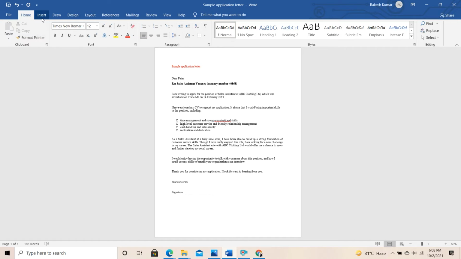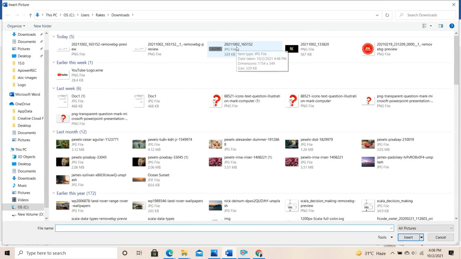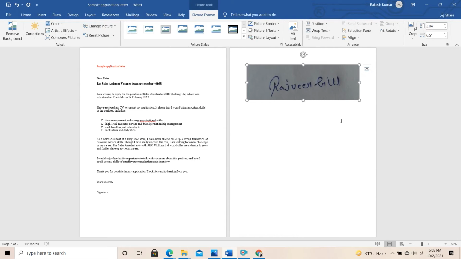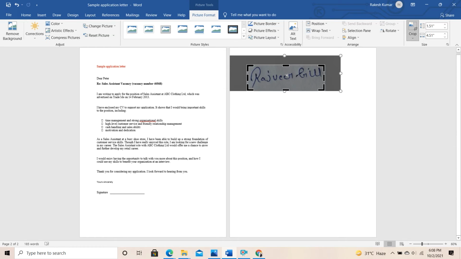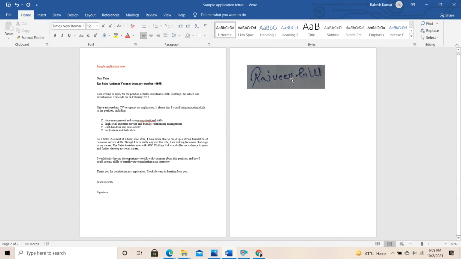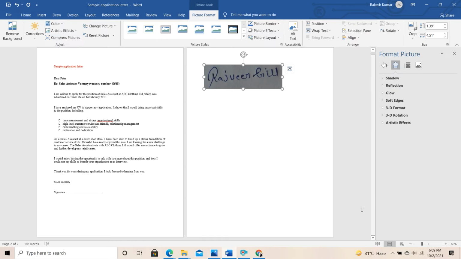Again we need to click on this insert button and then picture, then we click on the signature. Guys, you can see this time we have a signature with some background. So first of all we need to crop this image. After that we need to select this picture, and then we click on this arrow button, and you can see